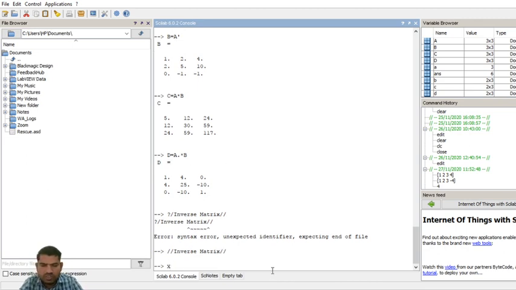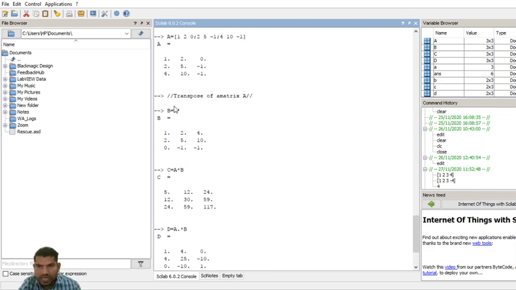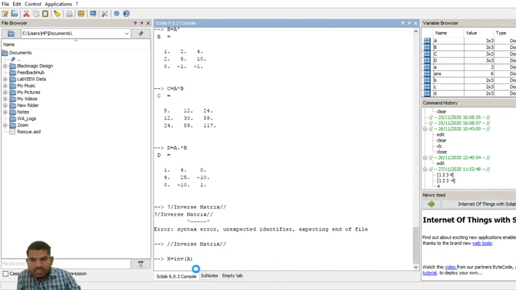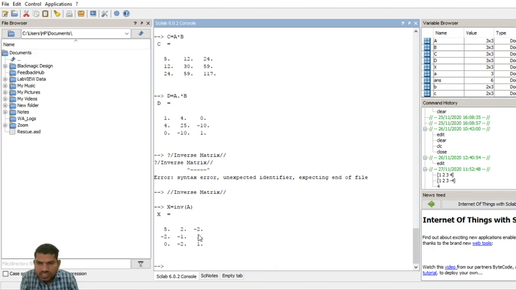Now I want to find the inverse of this matrix A. The new variable X, and the syntax for inverse is INV of the particular matrix. Here X is equal to INV of A. Now I am getting this inverse output.